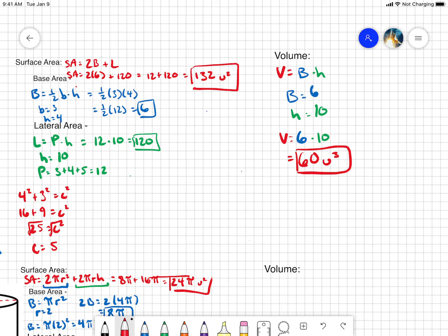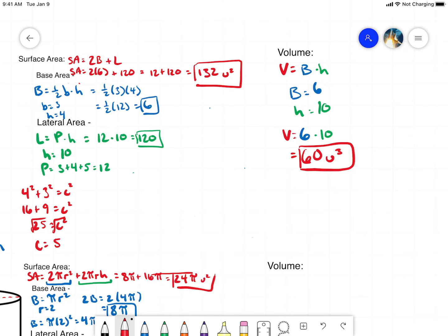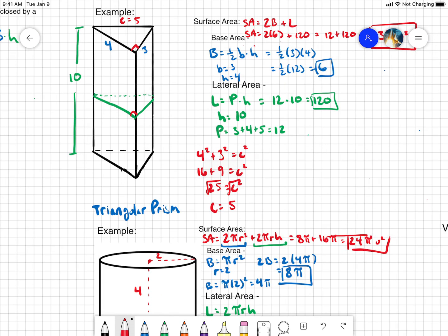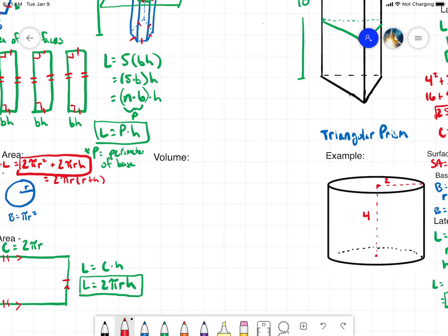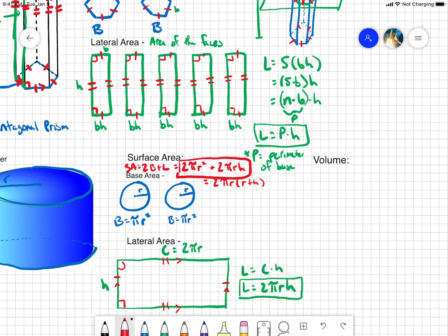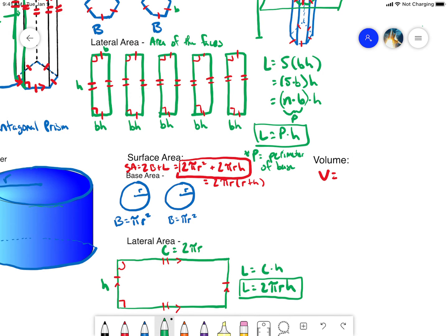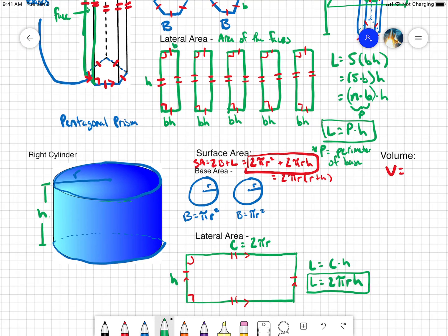Okay. All right. And that's how we can find volume of a prism. It's actually going to be a lot easier for cylinders, much like surface area is easier for cylinders. Volume is going to be even easier for cylinders. So volume, again, remember prisms and cylinders are essentially the exact same thing. However, for volume, if I'm looking at this right cylinder,